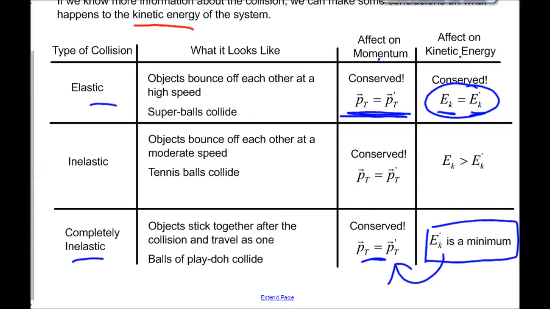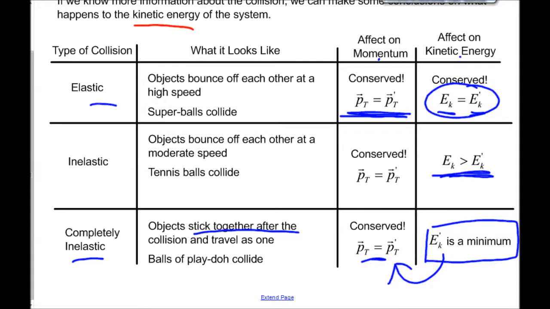What this always looks like for two objects when they collide completely inelastically is they stick together and travel together, so they're like one object after the collision. So throwing two balls of Play-Doh together, or two cars in a collision that stick together, that would be a completely inelastic collision. If it's just inelastic, all that means is that kinetic energy is lost during